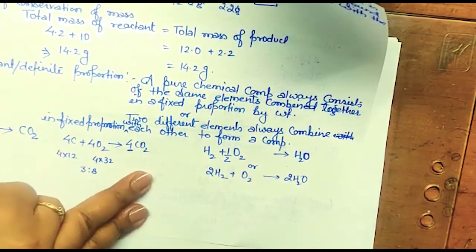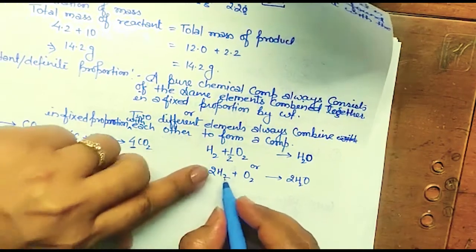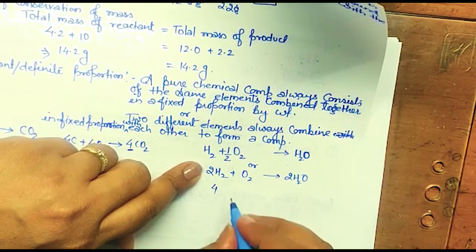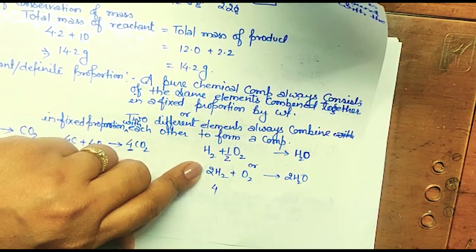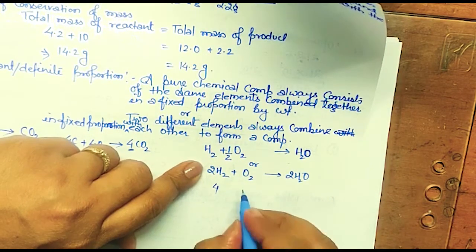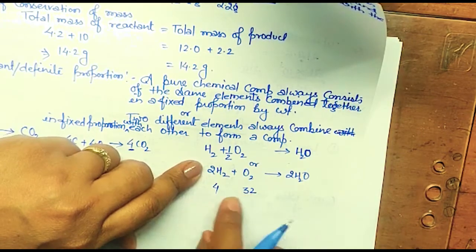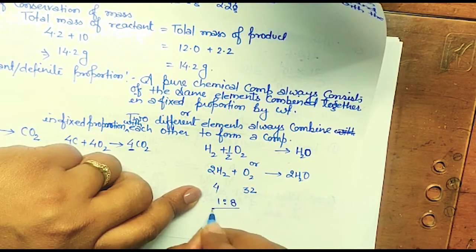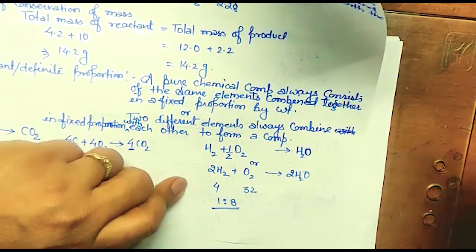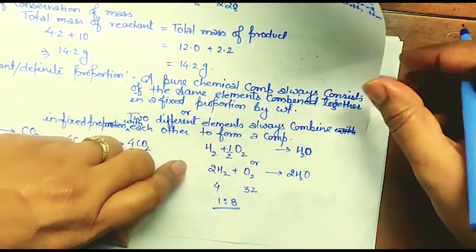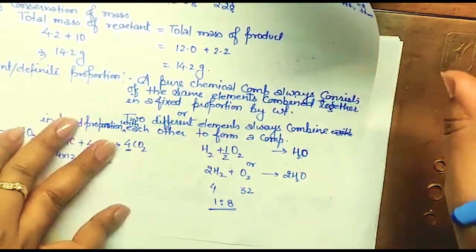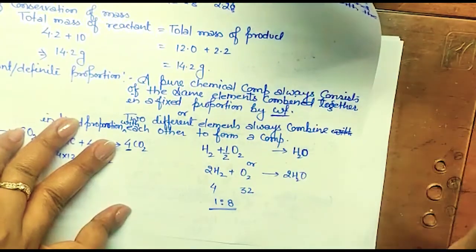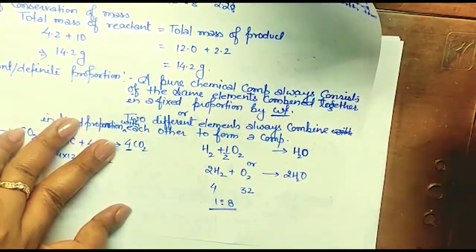So what will be the ratio here? Check the ratio. For one hydrogen it is 1, so for 4 it is 4, isn't it? And for one oxygen it is 16, so for 2 it is 32. Hope it is clear. Yes. So what is the ratio? 1:8, isn't it? So whenever we have to prepare water from hydrogen and oxygen, the ratio of their mass, of their weight, that is the important thing. That should always be 1:8 ratio. Clear?